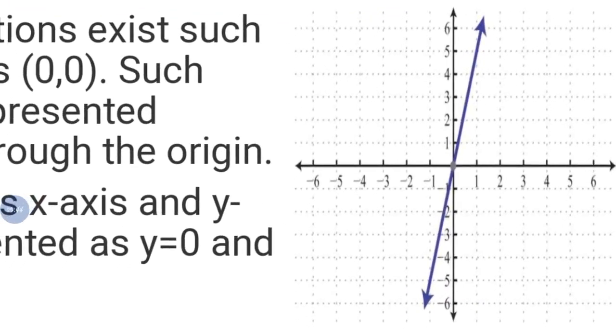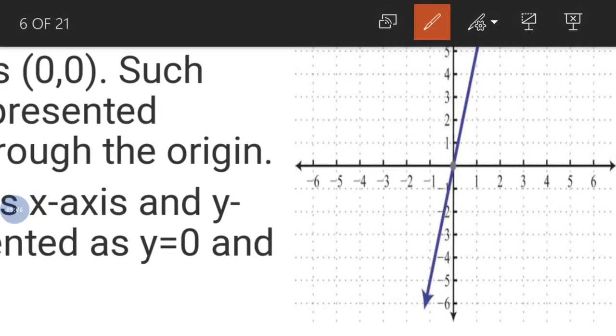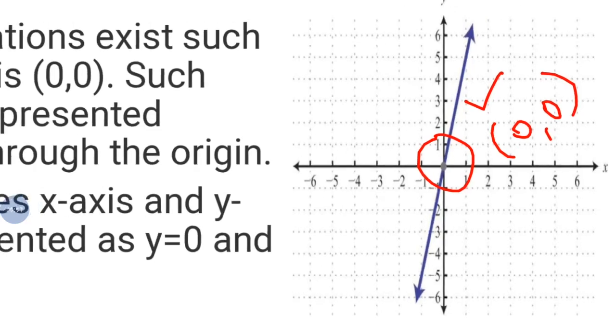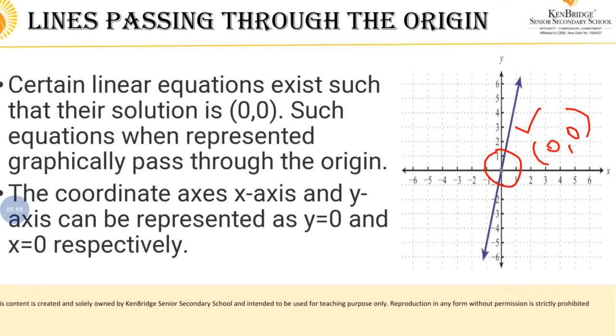Just look at the graph. Here this straight line is passing through the origin, right? Origin in the sense (0, 0). So if the line is passing through the origin, definitely you will have a solution (0, 0). And here the second point,